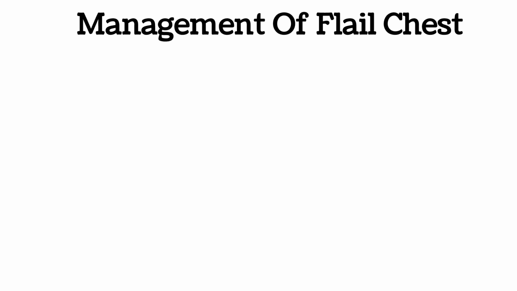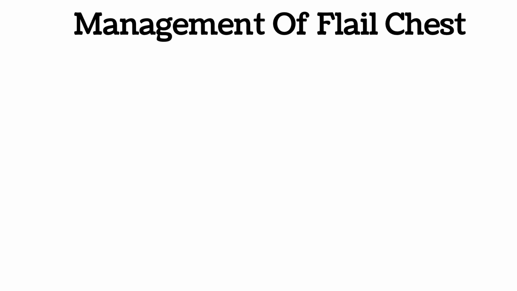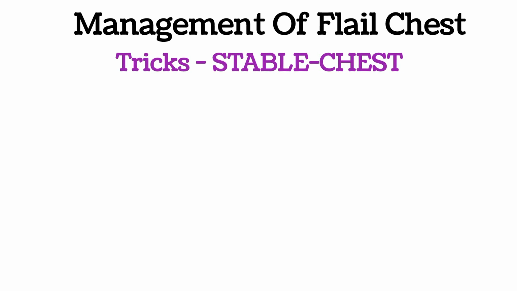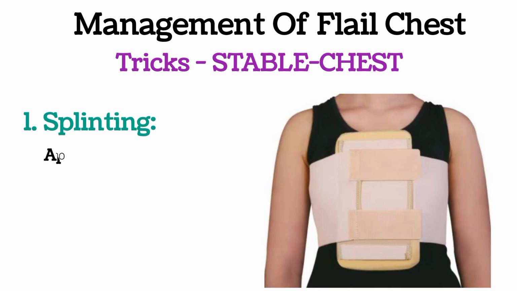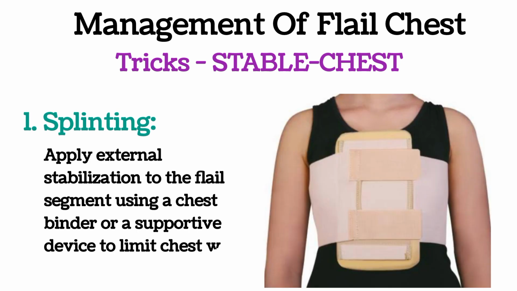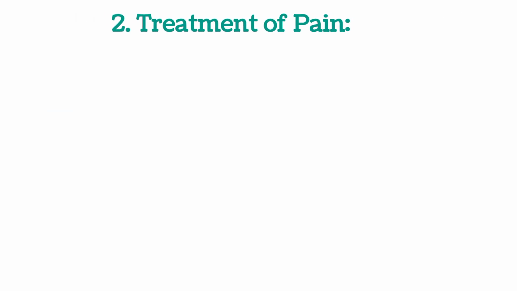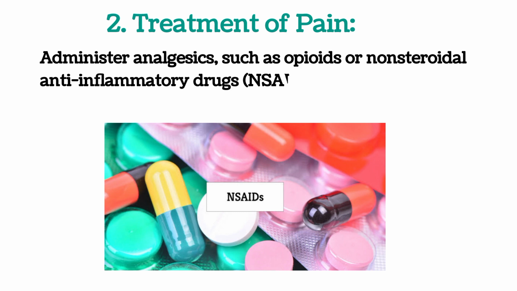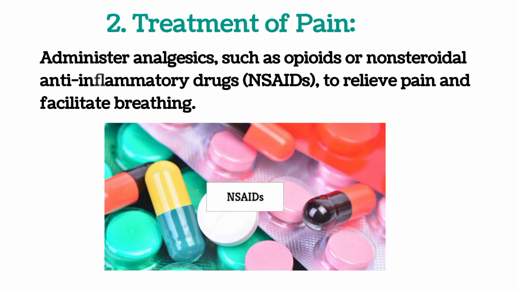Management of flail chest. The management of flail chest focuses on stabilizing the chest wall, managing pain, and supporting respiratory function. Here is a mnemonic to remember the management approach. Stable chest. 1. Splinting. Apply external stabilization to the flail segment using a chest binder or a supportive device to limit chest wall movement. 2. Treatment of pain. Administer analgesics, such as opioids or nonsteroidal anti-inflammatory drugs (NSAIDs) to relieve